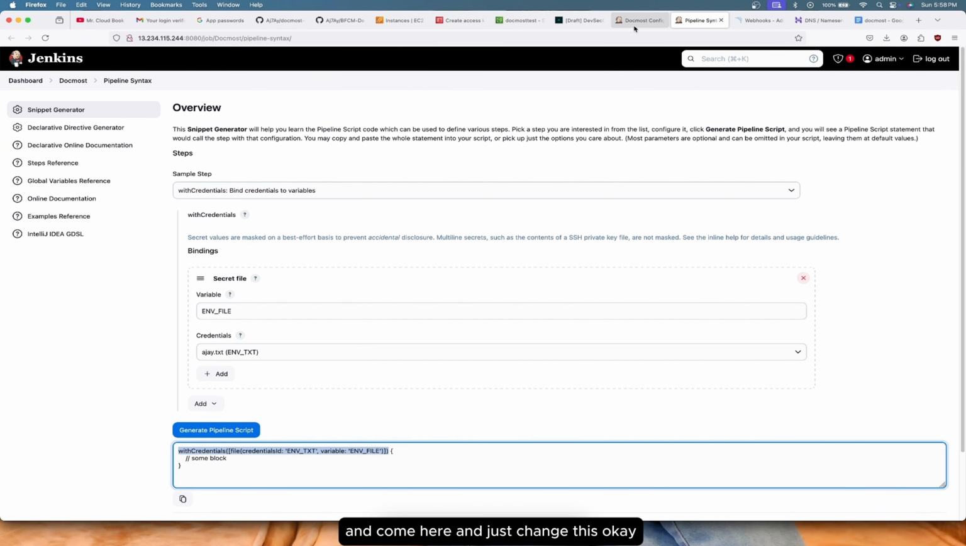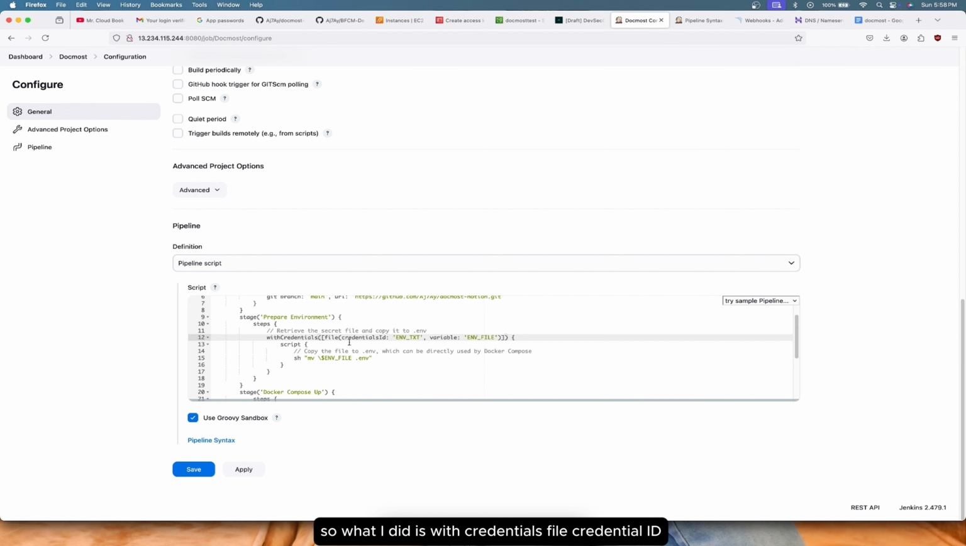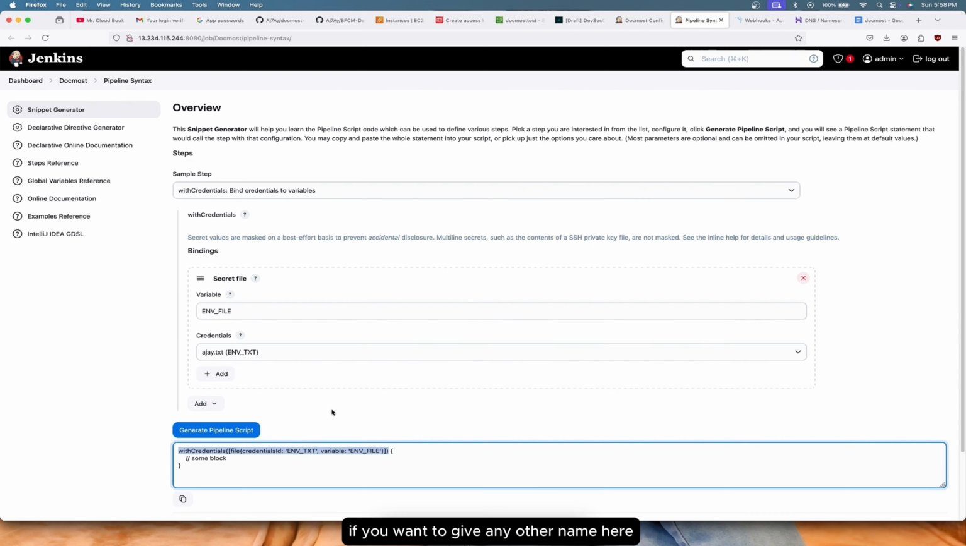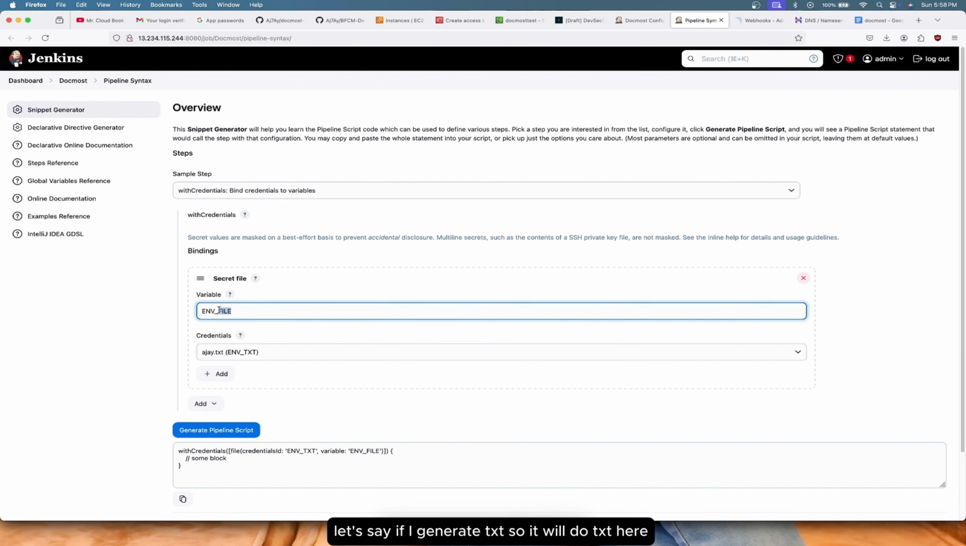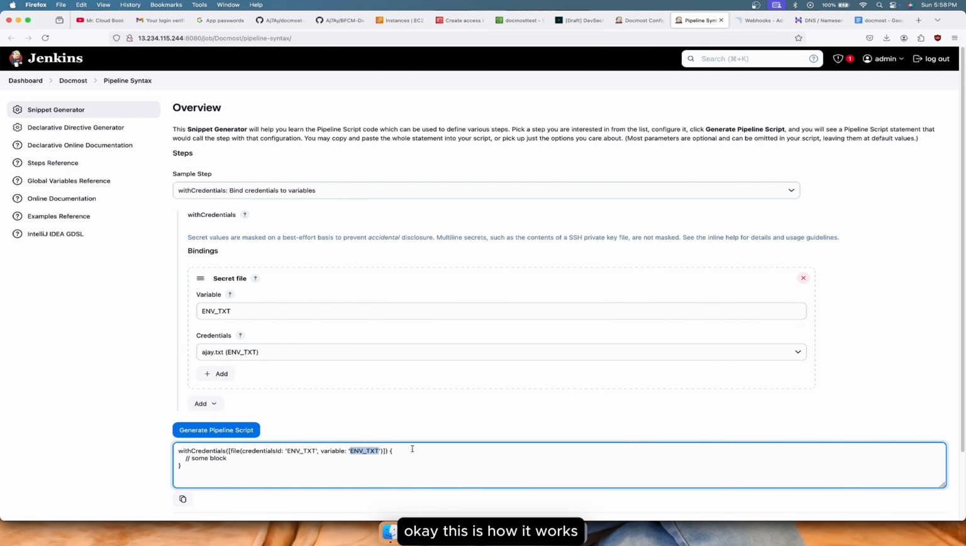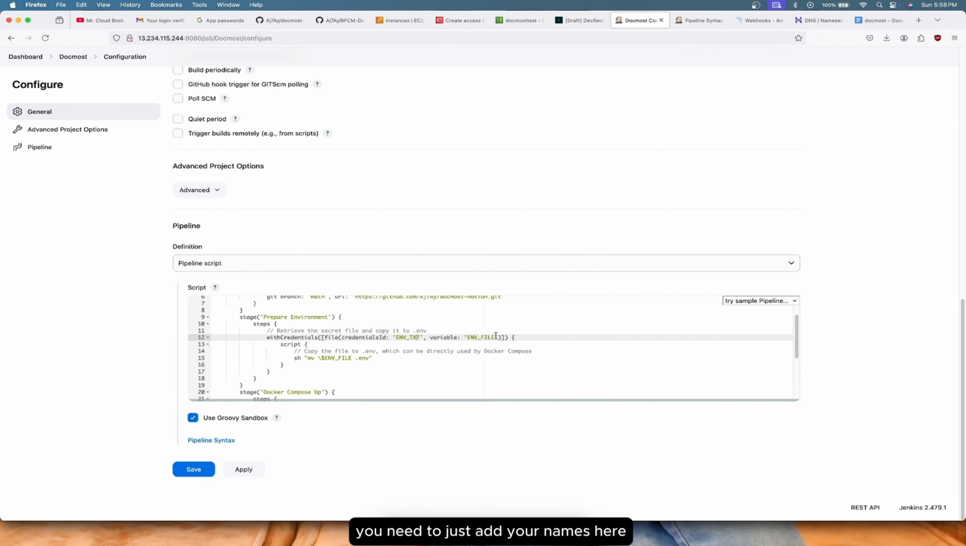Okay, that's it. And come here and just change this. And that's it. So what I did is with credentials file credential id. This is the id we gave for our secrets, env underscore text, and the variable is env file. That is up to you if you want to give any other name here. If you give a different name, it will generate differently. Let's say if I generate txt, it will give txt here. Okay, this is how it works. You need to just